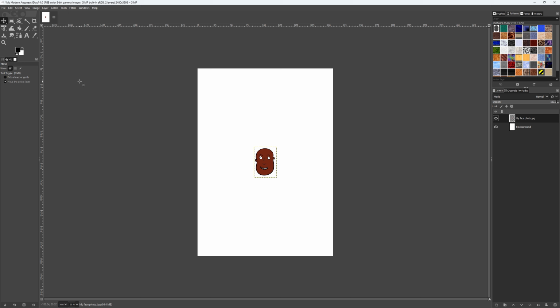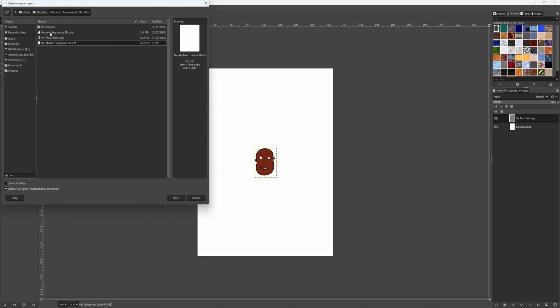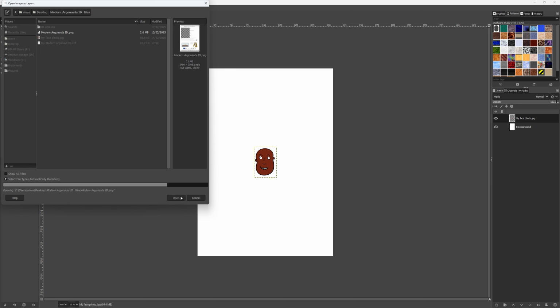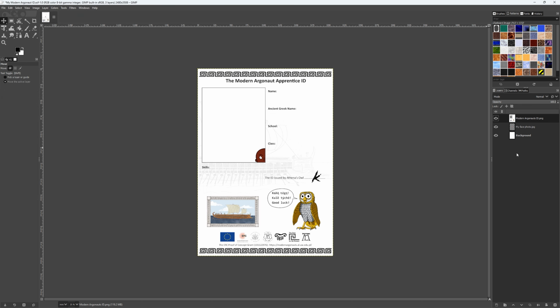The next thing to do is to bring in the ID, so we'll click on File, Open as Layers, navigate to the folder where you saved the files and choose Modern Argonauts ID.png. Not the PDF, make sure that it is the PNG. Click Open, and on the right-hand side you can see that it's created the ID layer above the previously selected layer.